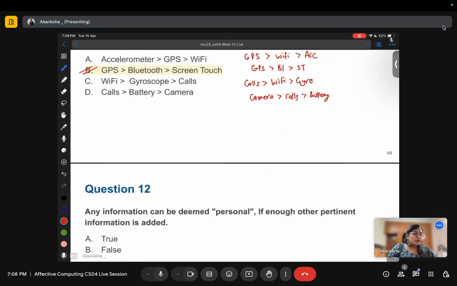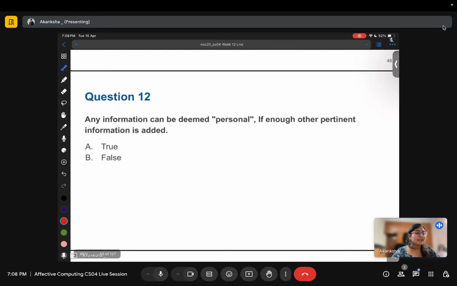Okay. Any information can be deemed personal if enough other pertinent information is added. So, as we discussed earlier, even if I just describe the gender, the date of birth, or some kind of trivial thing like zip code, I can guess the name of that person. Okay, how?